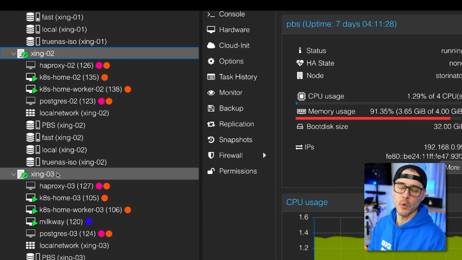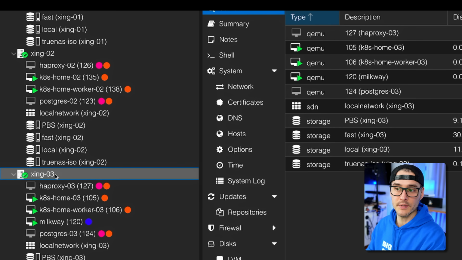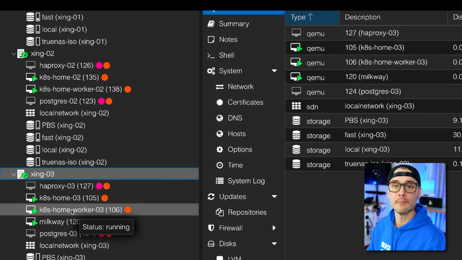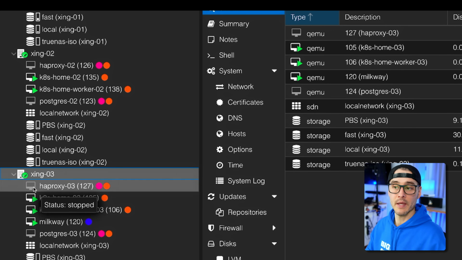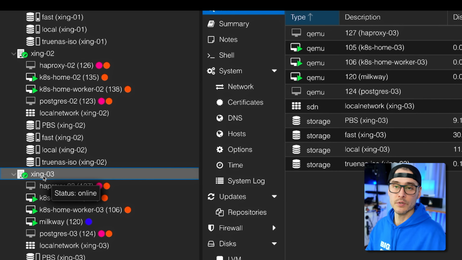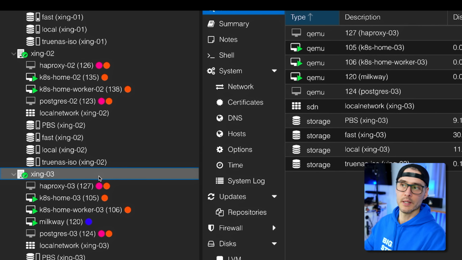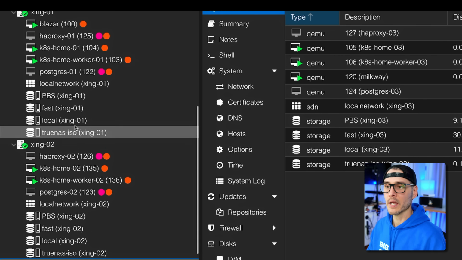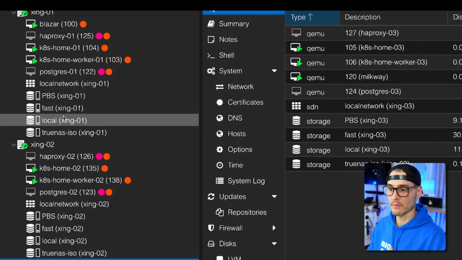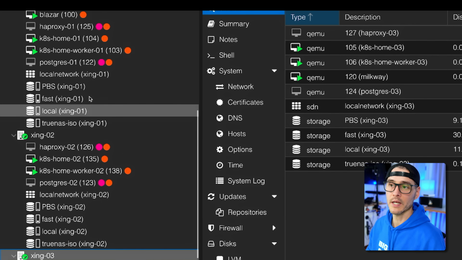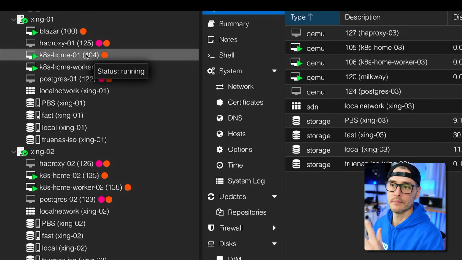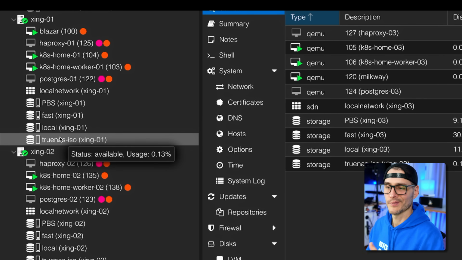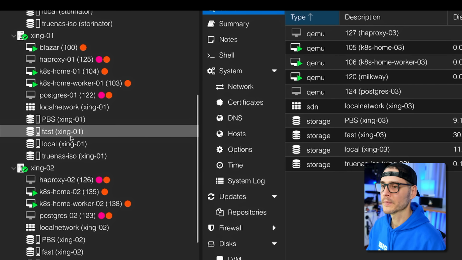So this really helps me coordinate shutdowns. For instance, if I wanted to use Ansible to patch all of the 3 devices, I know that all of the 3 devices live on this Proxmox node 3. So I'll run my Ansible command to update all of these machines, and then I'll update the host, so node 3, and then I'll reboot it, and then they'll come back up. And because this is HA, for the most part, these services will stay running. And so I use that convention pretty much anywhere because I'll always know that if it's a -01, it's going to live on node 1, node 2, and node 3, and so on and so forth.